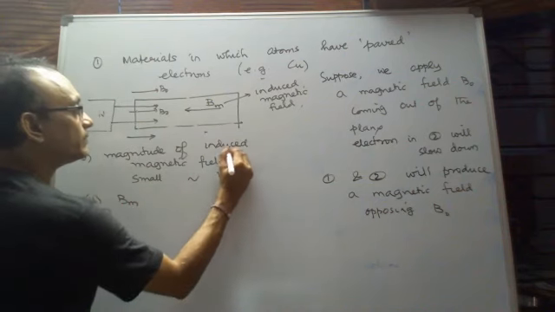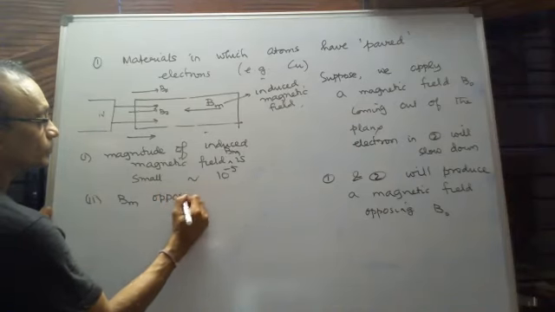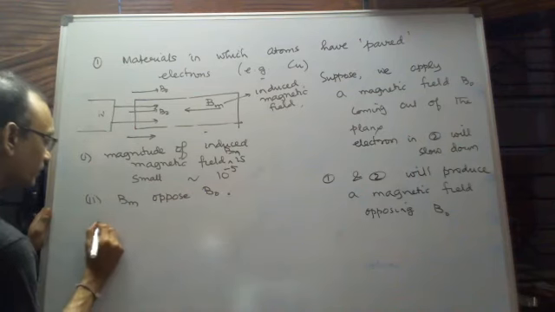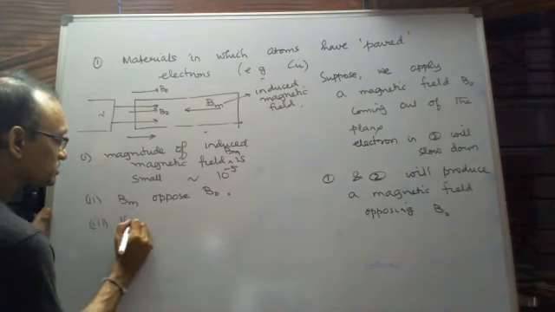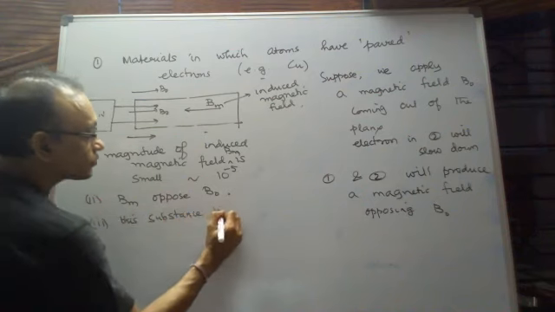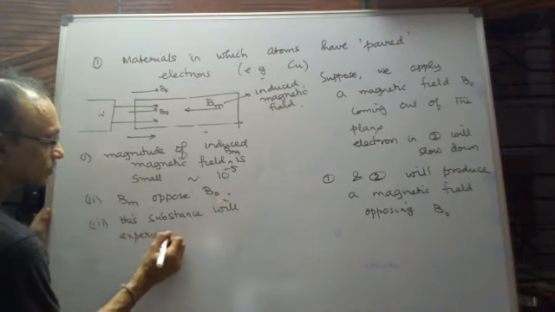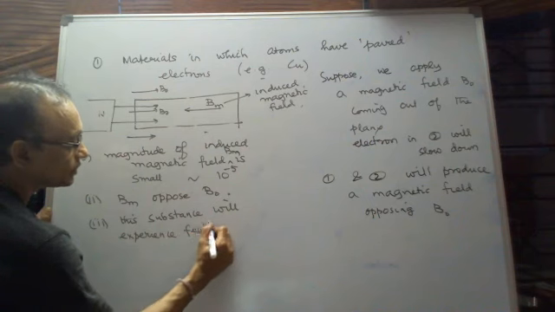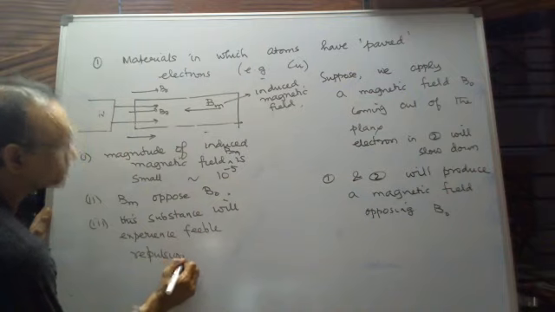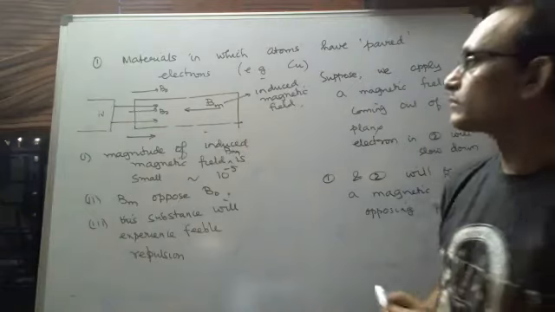Induced magnetic field Bm is small, and Bm opposes B naught. This substance will experience feeble repulsion. ठीक है ना, इन दोनों के बीच में रिपल्शन होगा।